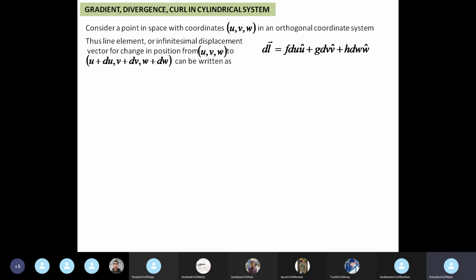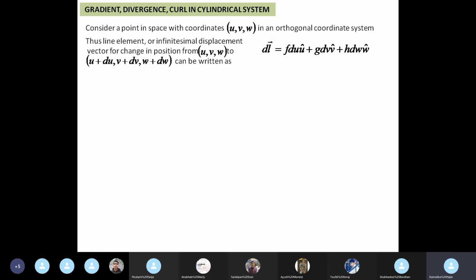And when I write the increment due to change in phi, which was d phi, I can't just write d phi in the length element, because that is an angle. So I had to write the arc length: I had to write rho d phi instead of just d phi. So in this u, v, w system, you don't know if one of them or more than one of them is an angle. And if it is an angle, then you can't just write the infinitesimal change in angle in the length element. You have to multiply it with something.